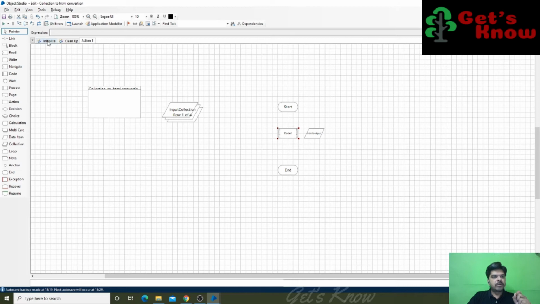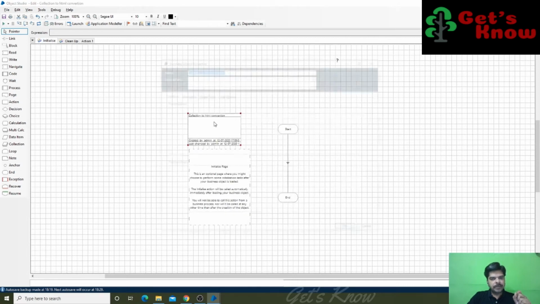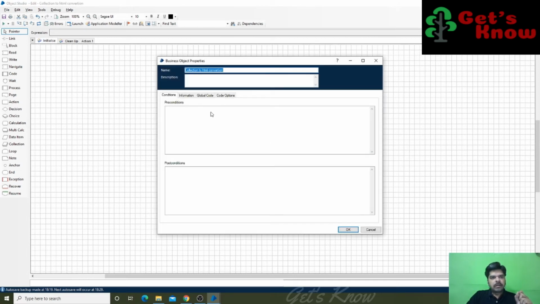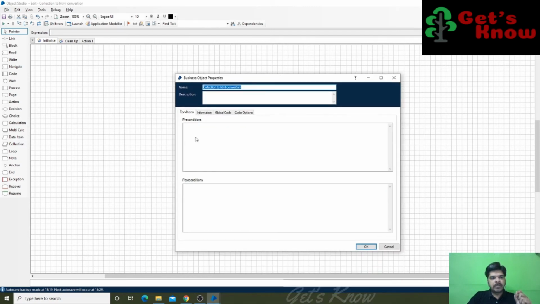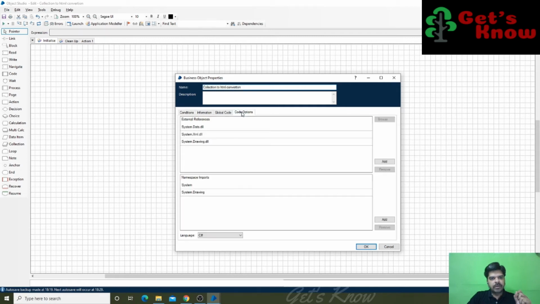Go to the Initialize stage property window, and go to the Code option. Here you have to choose which language you are going to use for defining your business logic. Then you have to add the namespace and DLL.